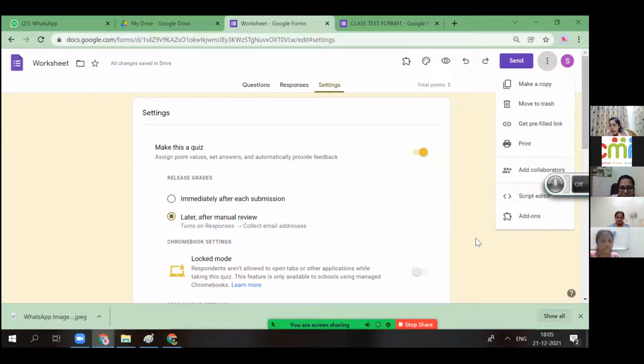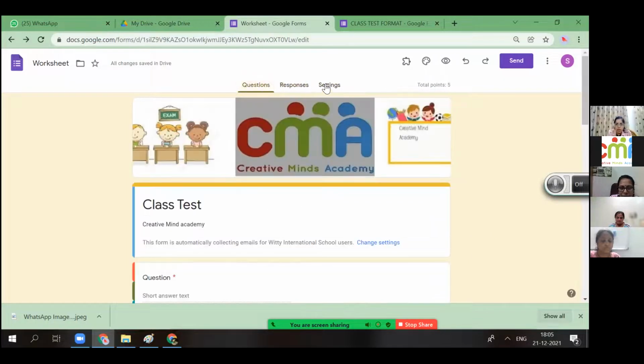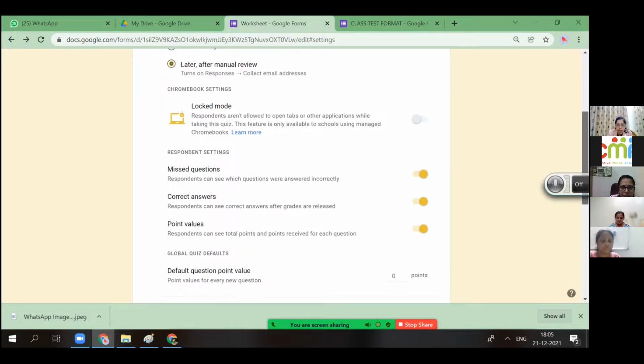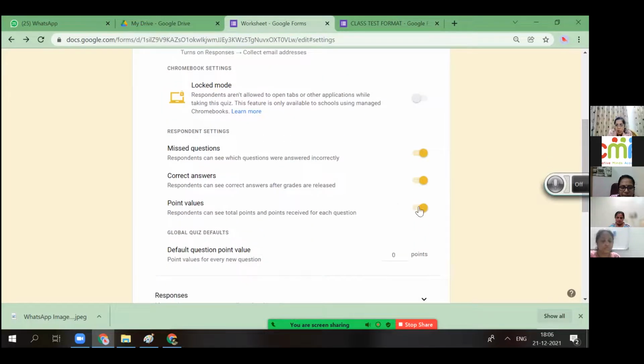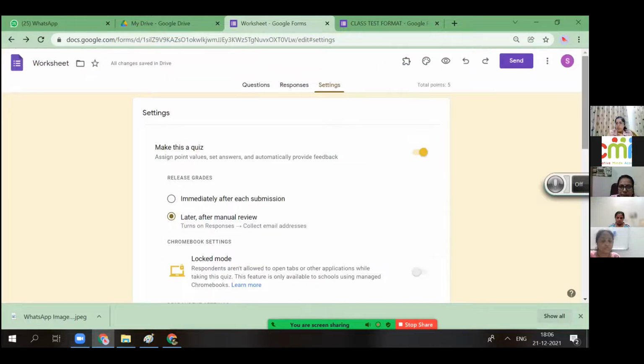So here we have the option wherein it's restricted because I have made the collaborator over here. Otherwise, wait. There is the option wherein nobody can, like here it is, point values. Many responses are collected. So here it has the settings which you can restrict. Like earlier I have restricted it.